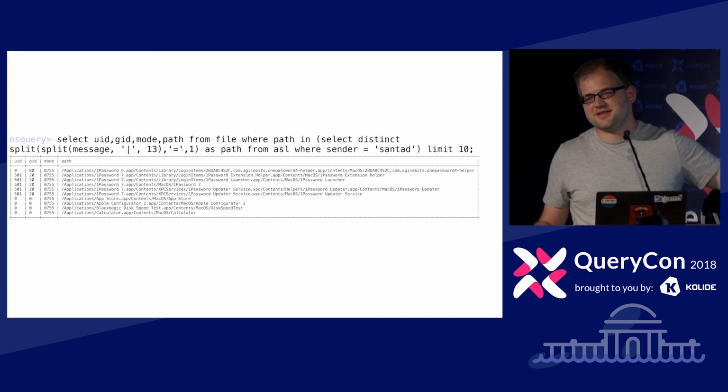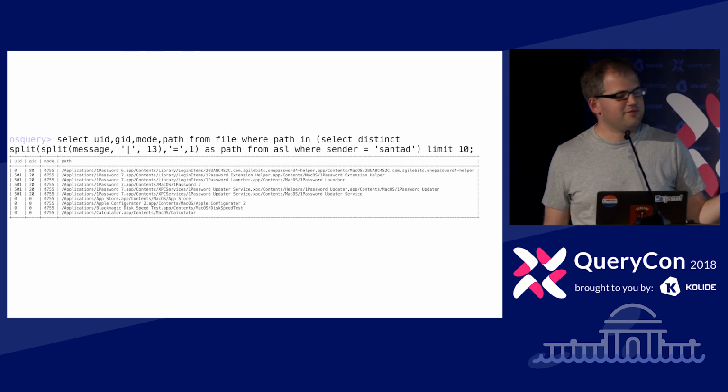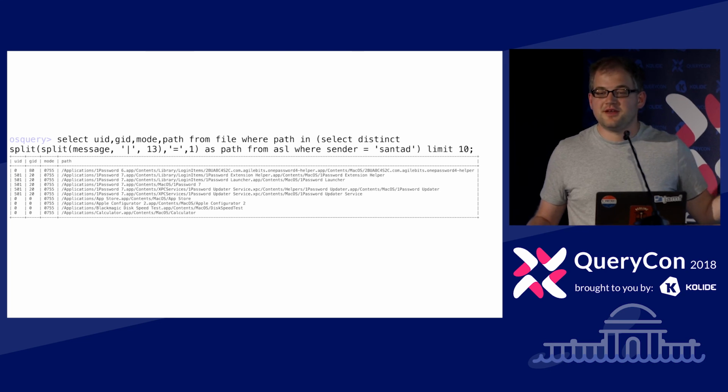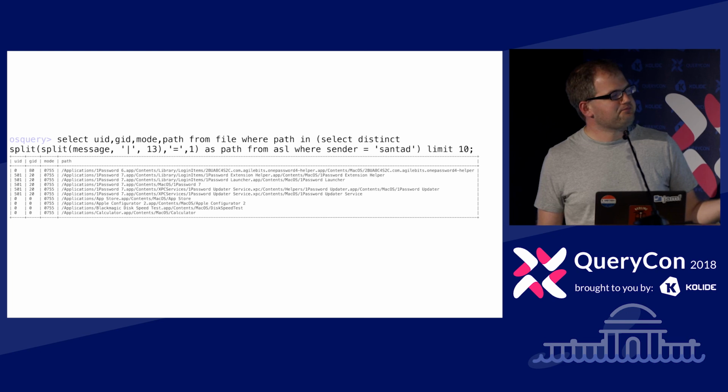Now, I limited this to 10 results because there's thousands of executables that have been processed over time on my machine. But when we start getting into this, we could make an even more advanced version of this where the Santa messages have what the UID and GID was at the time of execution, and maybe we could extract those and select, I want to find ones where it's changed since then.